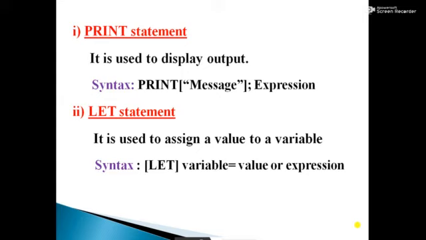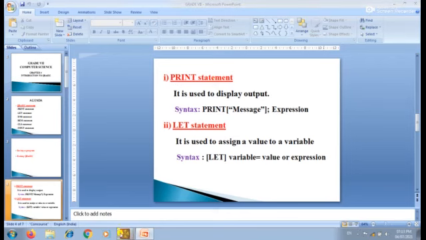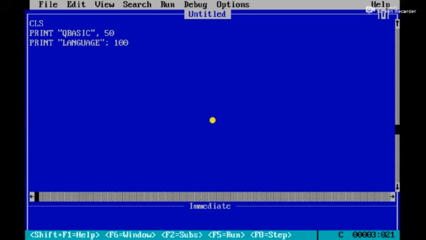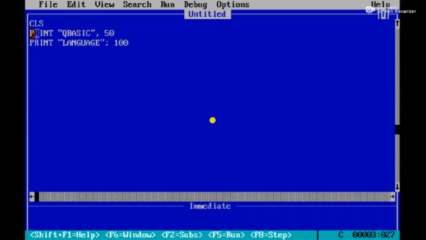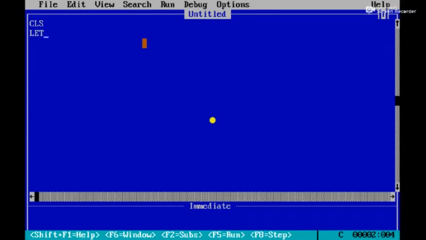I did not use any let statement before that variable. So here we can use let or no need. Without using the let statement, we can assign a value to a particular variable. I will show you. See here, student, with the help of the QBasic language. Once again I'll show you.